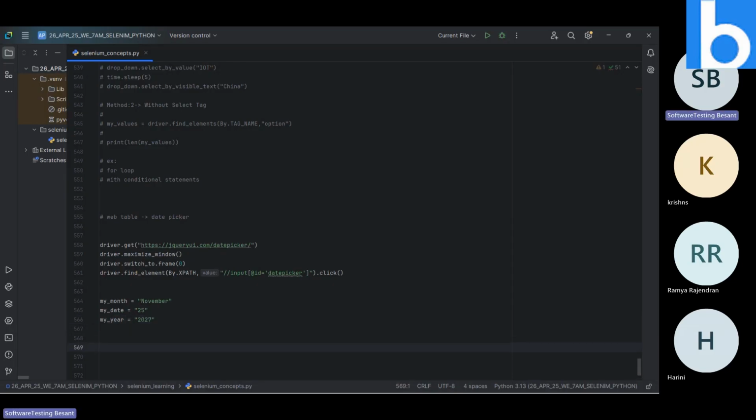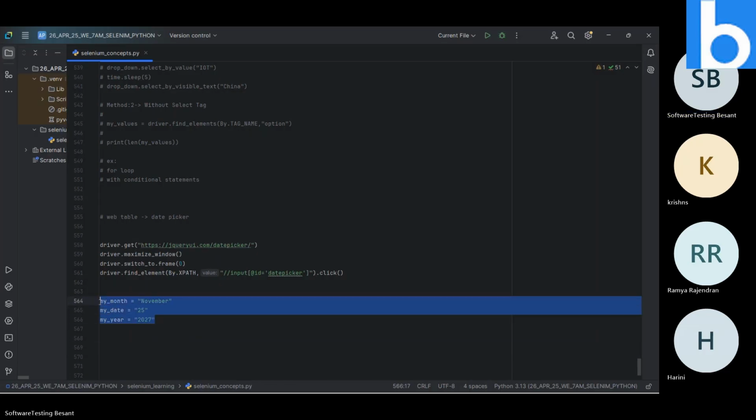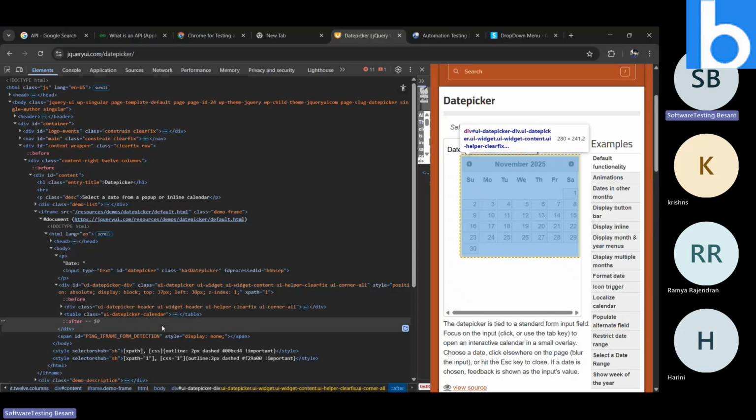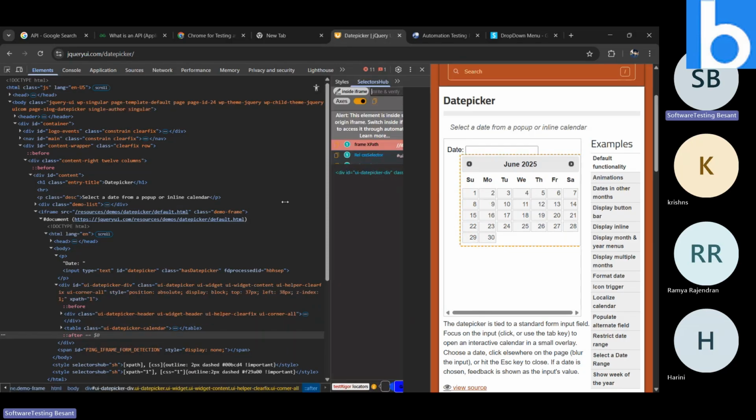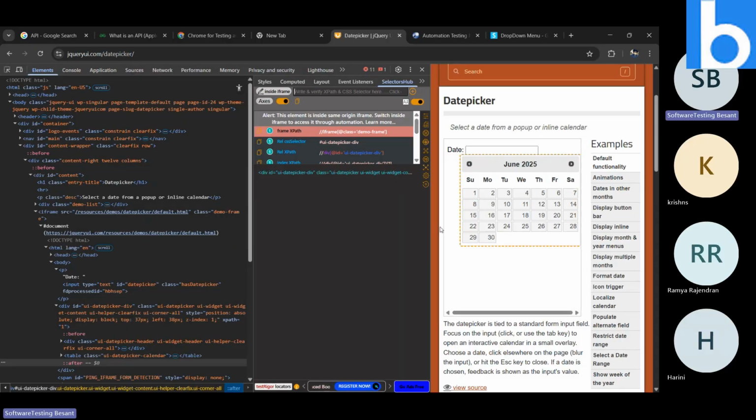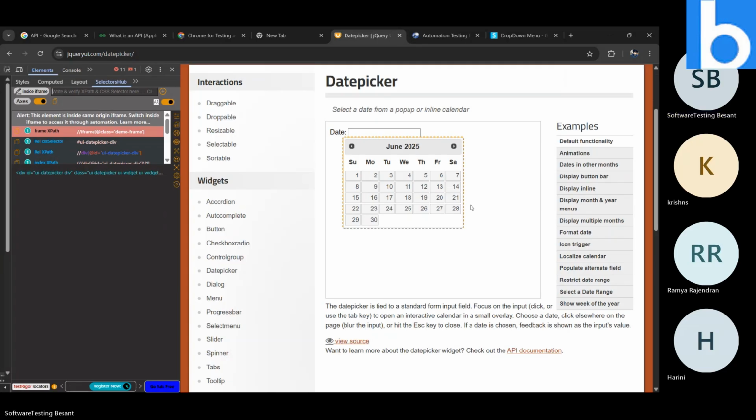Now what we need to do? I want to select this, my expected date and year. How to handle this? Here we have a list of years. There is no restriction in the years, right? We have a lot of years in the forward and the backward direction as well. Similarly, month also works in a similar way, and dates also. So we need to loop the date picker. We want to iterate this, but